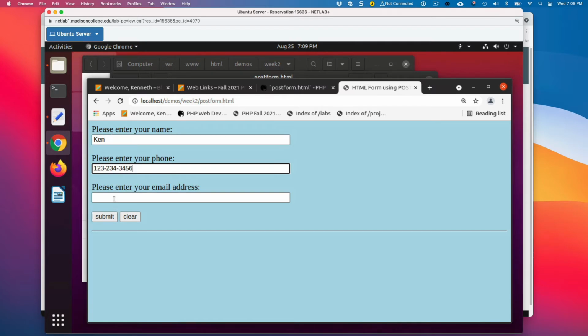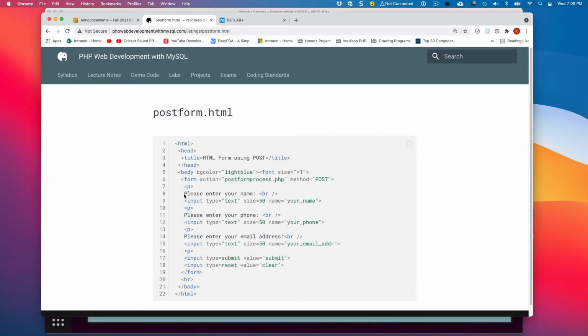There's phone number, something at nothing.com. And what's going to happen if I press submit? Well, we know what should happen. I should get a 404 error because it's going to go out and look for, if I go back to the notes here, it's going to look for